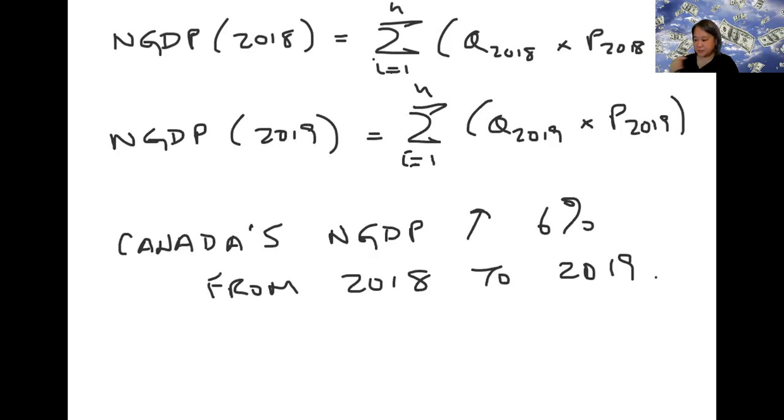So if we were to use nominal GDP, and we say that Canada's nominal GDP increased 6% from 2018 to 2019, remember that we are saying that output has increased 6%. But if you look at this equation a little bit more carefully, you're noticing that nominal GDP